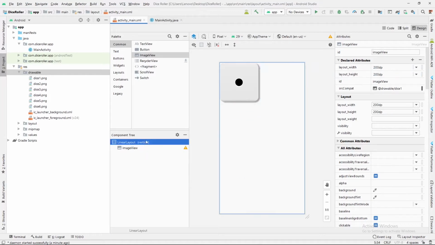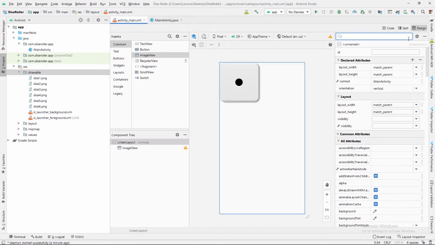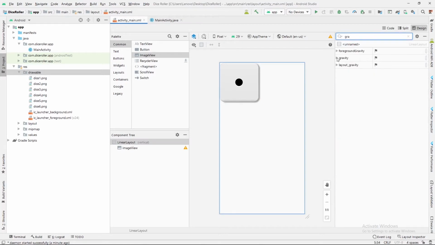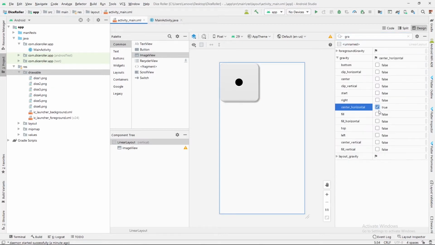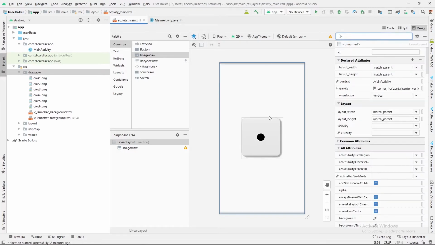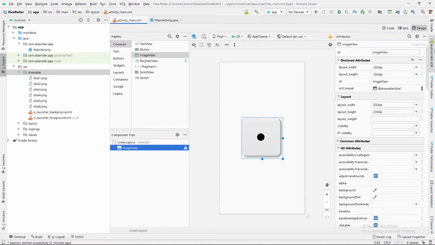Now we will align this image just at the center of our application. So we will set its gravity as center horizontal and center vertical. Now it is perfectly at the center of our activity, and let's assign one ID to this image view as img dice.